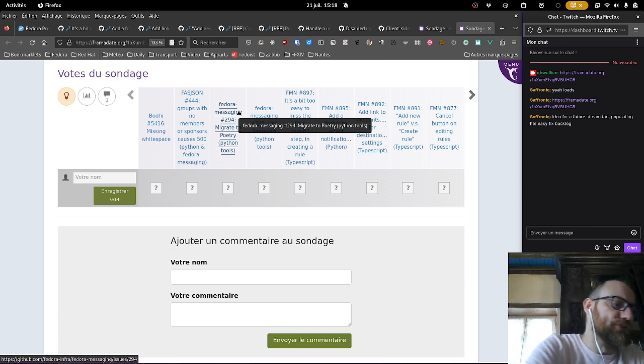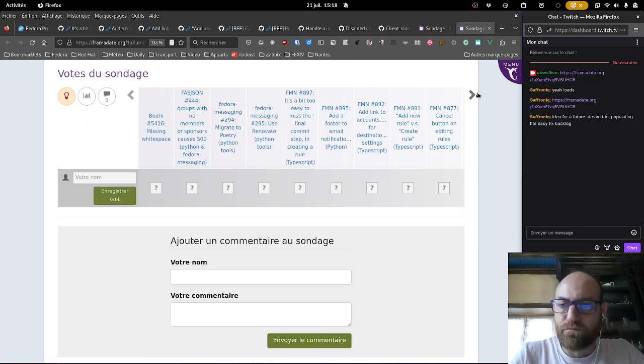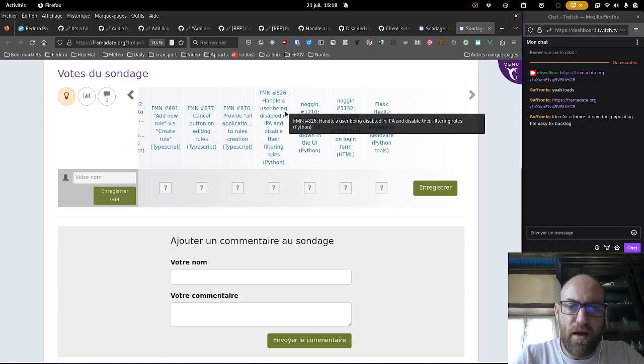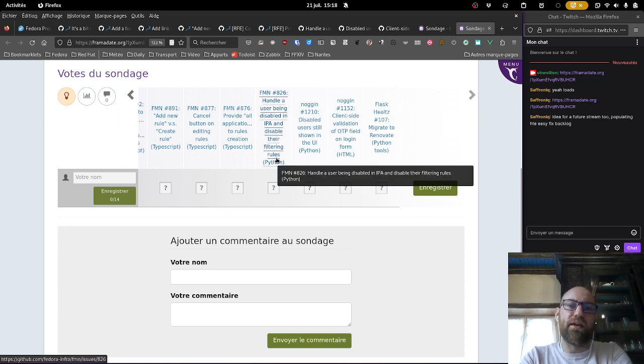It's tools that we use a lot in the infrastructure applications, so it could be a good example for people to know what we use and how we configure them. That's one option. But it's not extremely urgent or useful at the moment. I think the one about disabling users in FMN when they're disabled in IPA might be more useful.